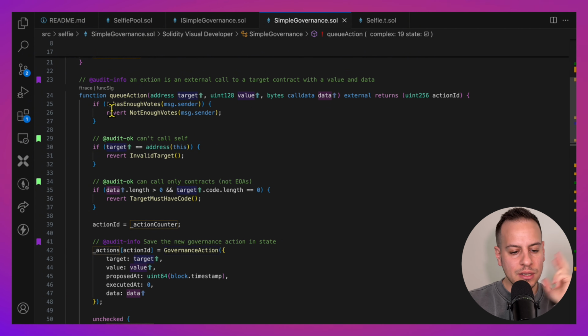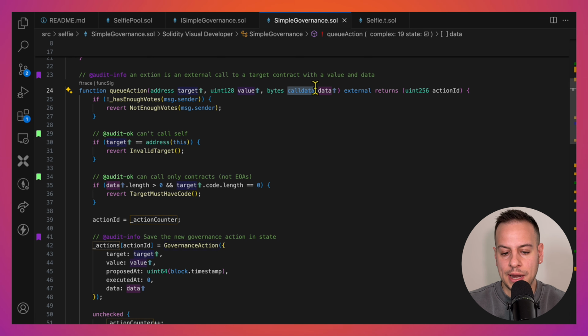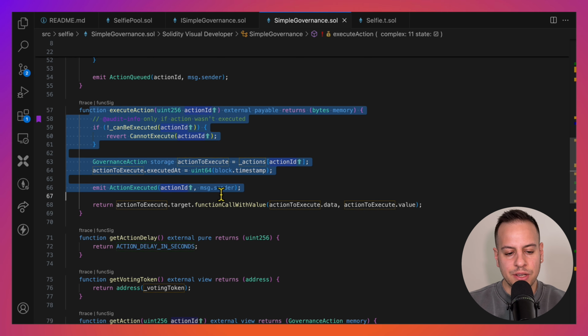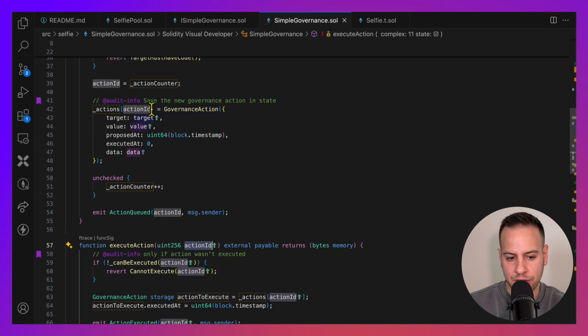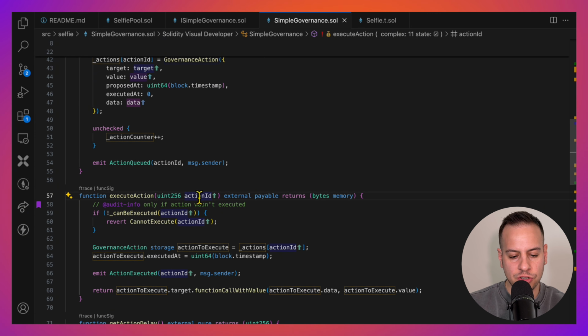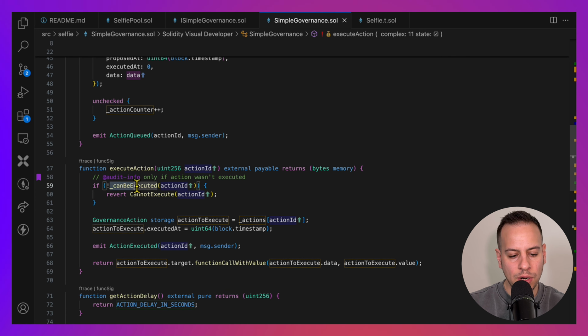later. And we already understand that if we take a flash loan, we can pass this votes check and register a new action with whatever target, value and data that we want. Then we have the execute action function that receives an action ID. So let's say we queued an action number 1. We can call this function with ID 1 and this action will be executed, but only if we pass this